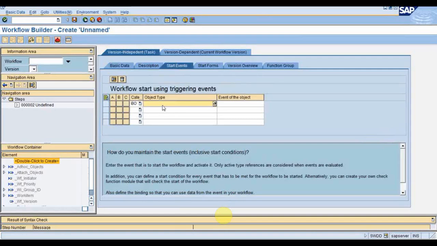Now here, according to you, I would write ZZBUS 2032, right? And the event would come here. But I won't do that. Rather, I will choose the business object as BUS 2032. And now